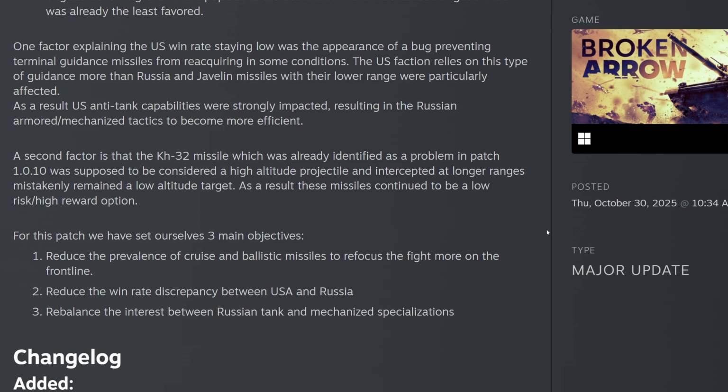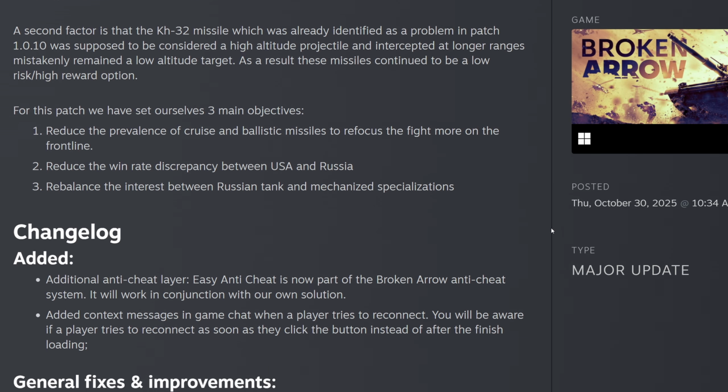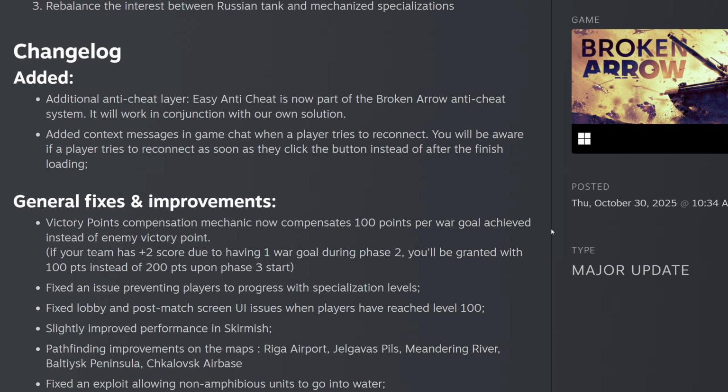For this patch, we have set ourselves three main objectives: reduce the prevalence of cruise missile and ballistic missiles to refocus the fight on the front line, reduce the win rate discrepancy between the USA and Russia, and rebalance the interest between Russian tank and mechanized specializations. So,